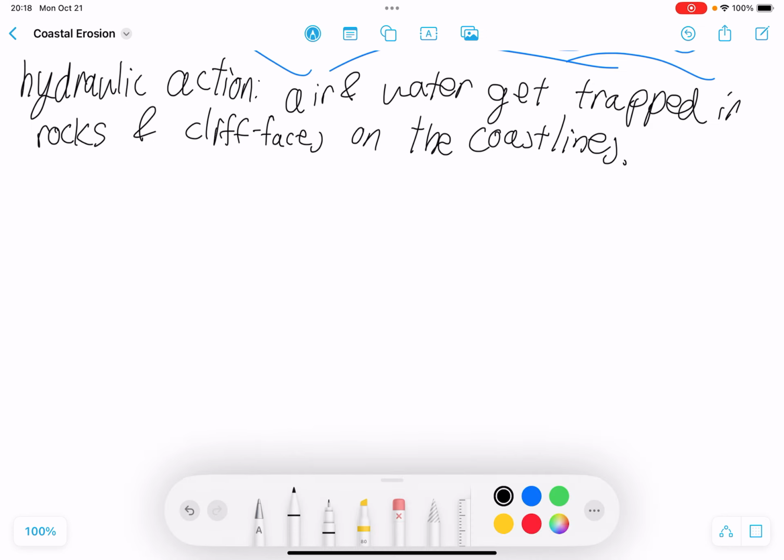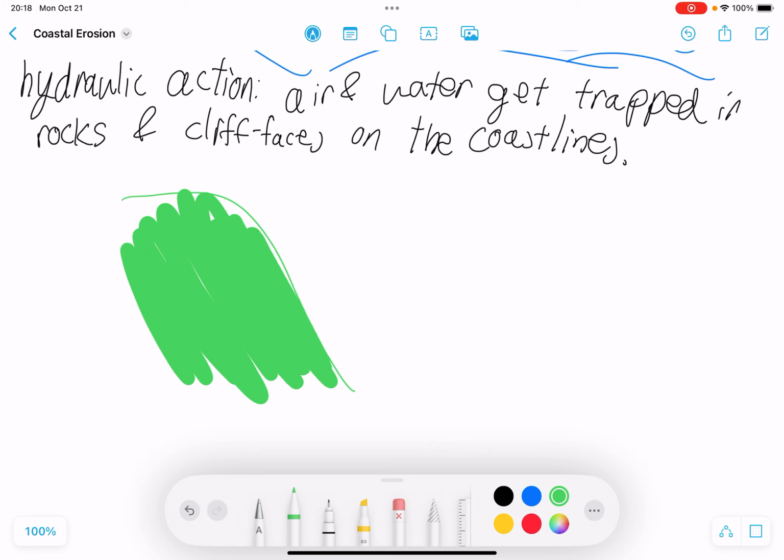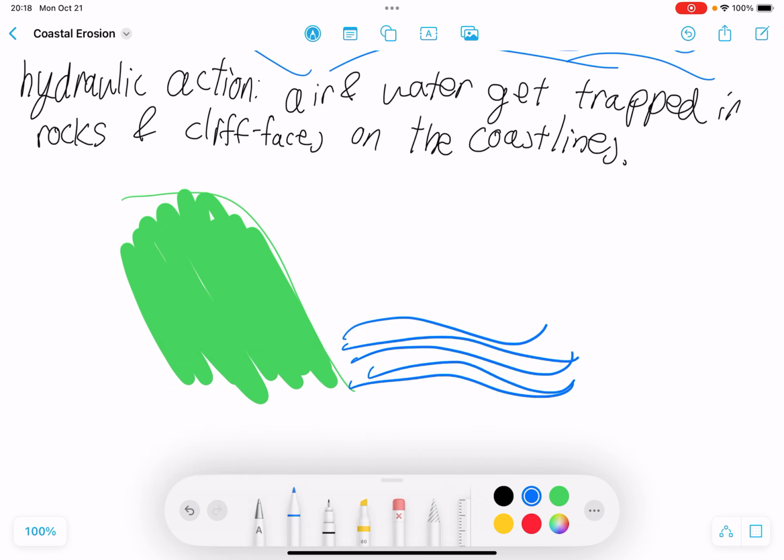So imagine this cliff again, and let me just color this cliff in. There's also water over here, and inside the water there is air. It's H2O, so there's obviously air inside the water. There's oxygen and hydrogen, and also some salt. So this water washes up the cliff, and if the wave is strong enough, for example during a thunderstorm,